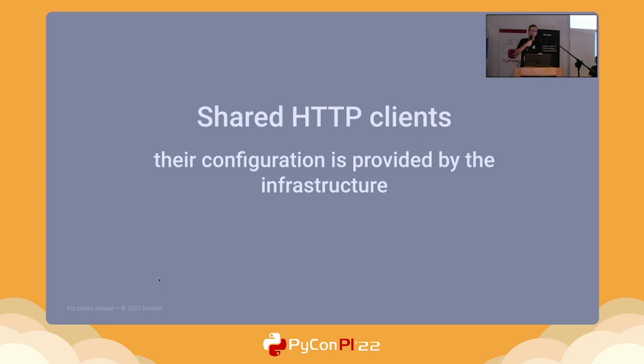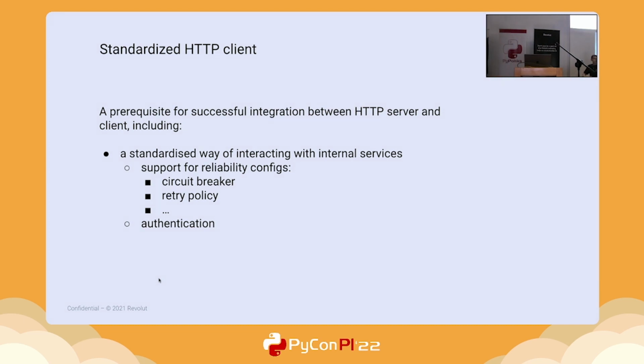And this is, for example, a configuration for shared HTTP clients. So what does it mean? If you can imagine, in a microservice world, we have lots of independent chunks of applications, as also shown in the previous talk, when we split the monolith into several applications, they need to communicate. And this is mostly done using HTTP. So it is worth having the same managed configuration of how we request data from internal services, regardless of whether it is Java, Python, or any application.